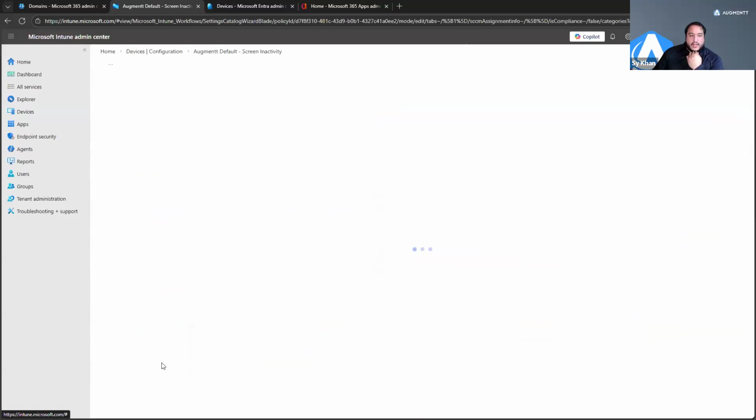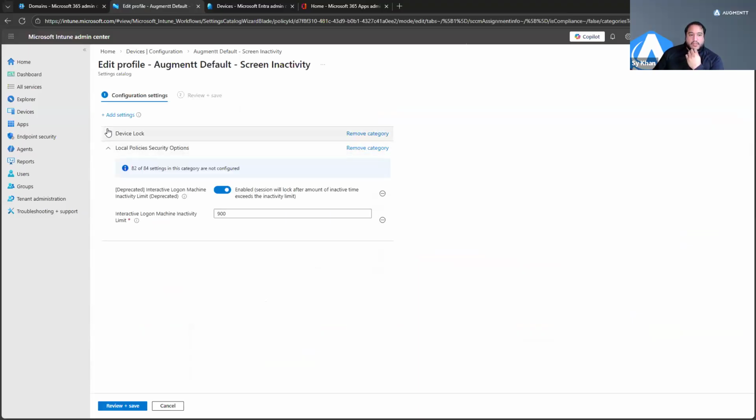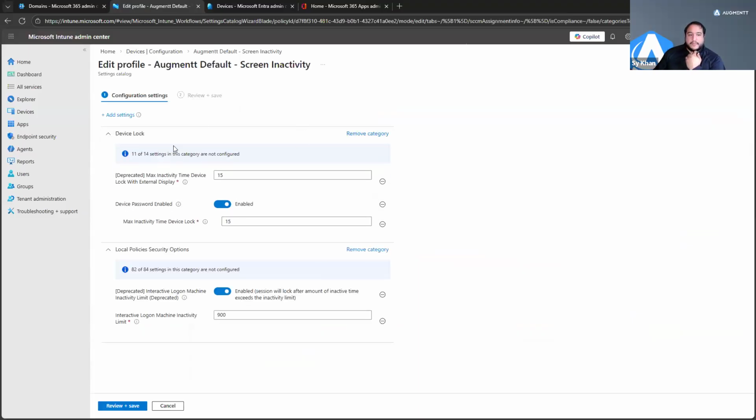There's one weird setting. I think it's no longer available, but it might be local security policies. So you can do it in multiple places, right? This is the one we just went over. There's also local policy security options to do interactive login, machine inactivity time limit. It's weird, but this one is actually in seconds. It doesn't quite say it. So if you click here, and there are a lot of places you can click, and